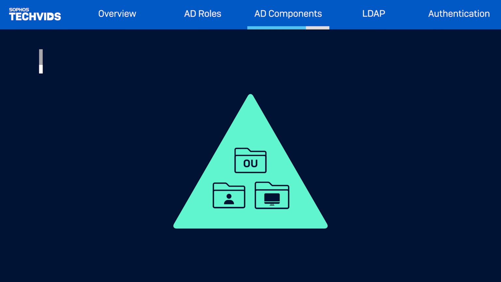Nested within a domain are organizational units, or OUs. These are used to create both hierarchical and/or logical representations of a company. OUs can also be used to delegate administrative rights and are a subdivision within Active Directory to place users, groups, computers, and other OUs. These can be used to mirror your organization's functional or business structure.